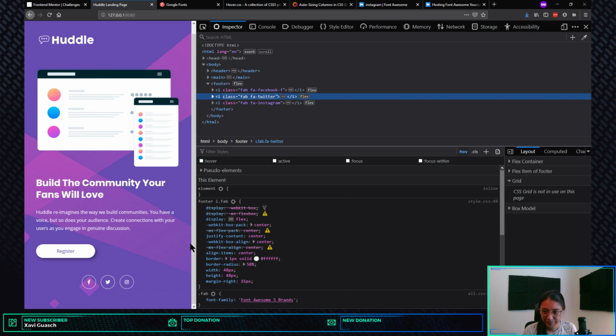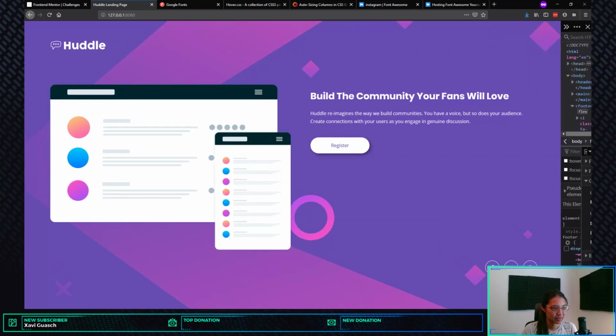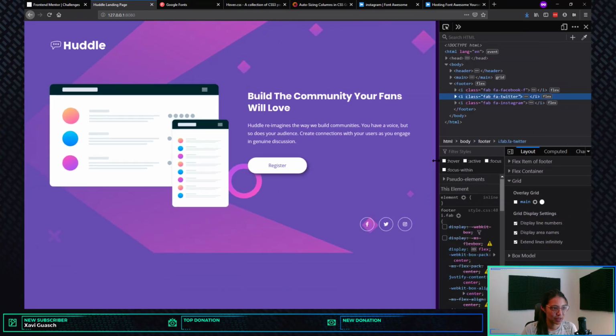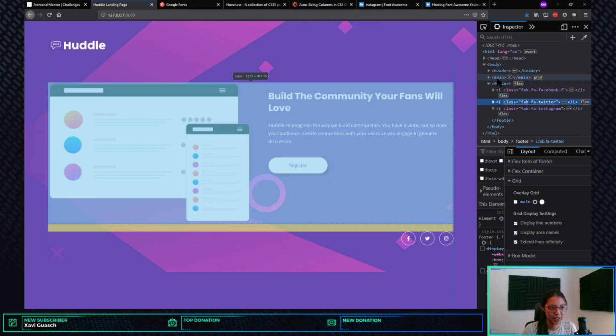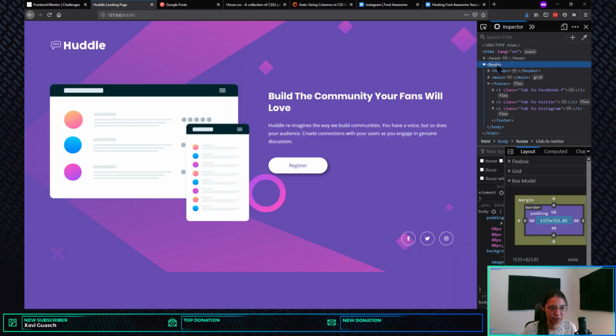Oh, Lewis says the width they used for the challenge you're doing is 1440. Okay. Yeah. Do you mean the size of the container, or